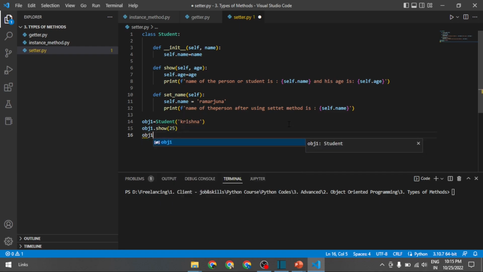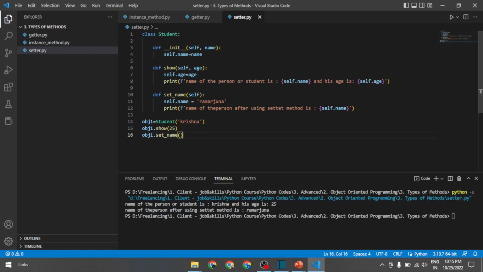Now I will call the set method, set name function. So if I run this, now you could see when I pass an input as Krishna, I'm getting an output as name of the person or student is Krishna and his age is 25. But with the help of the setter method, I modified its name to Ramarjuna,